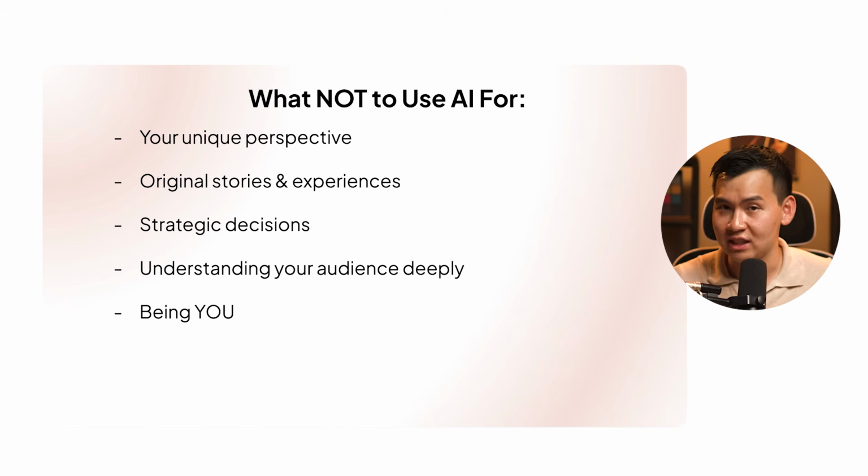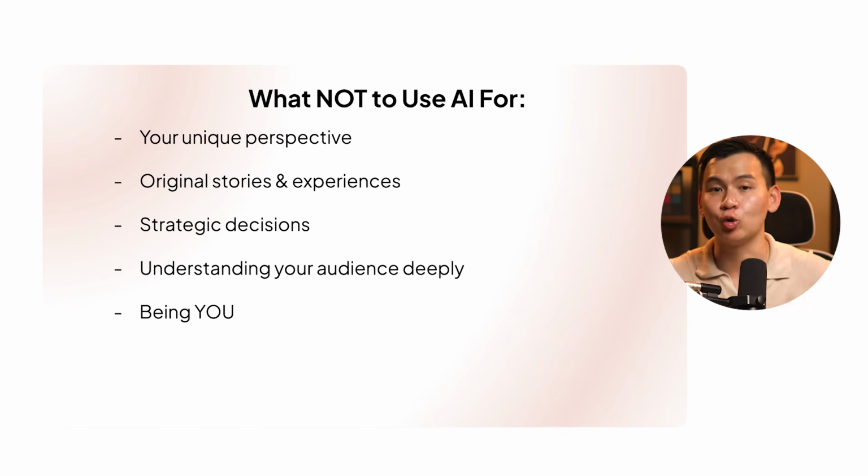Any original stories and experiences, right? The same goes for that. Number 3, any strategic decisions, right? If you are trying to make an entire content shift, you can ask AI what its opinion is, but the opinion may be unfounded depending on the actual training data for the AI. So you want to be able to give it the right training data.